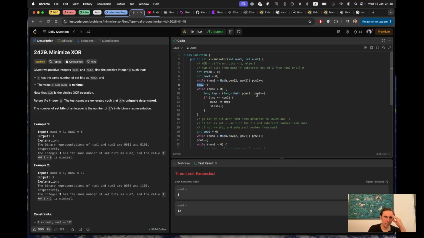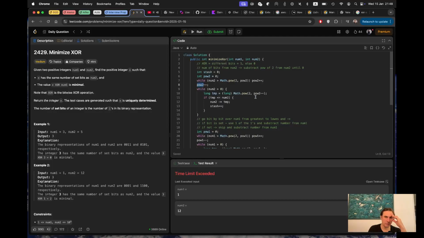We will go here and it will be 8. 8 is less than 12, so 12 minus 8 will be 4. It will be stored here, so we will